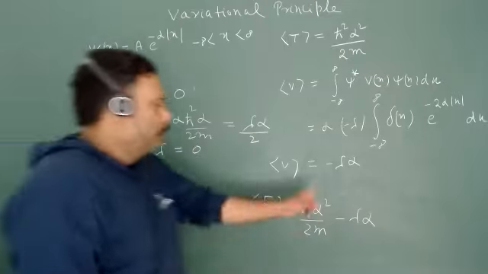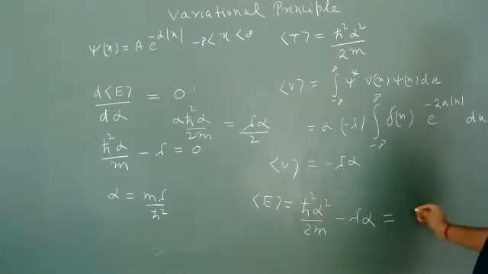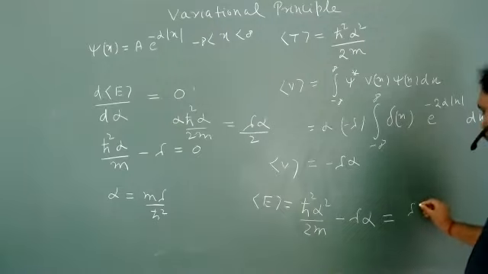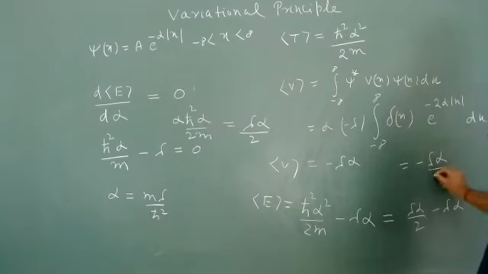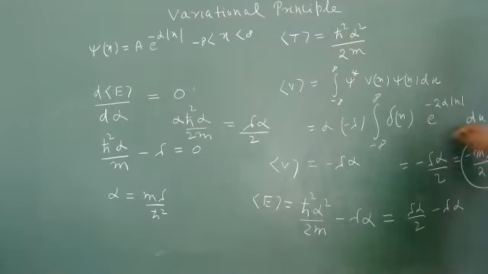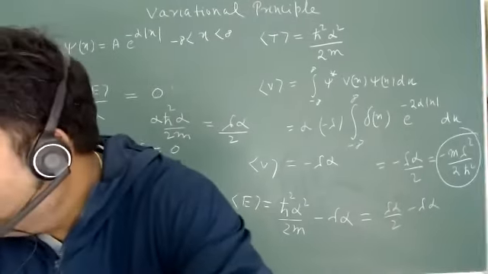So what is this value? This value is equivalent to lambda alpha by 2 minus lambda alpha, and that value is equal to minus lambda alpha by 2. Now we can easily put the value of alpha, and we will get exactly the same value, that is minus m lambda square upon 2 h cut square. So this is the exact value for the Dirac delta potential. Are you people comfortable?